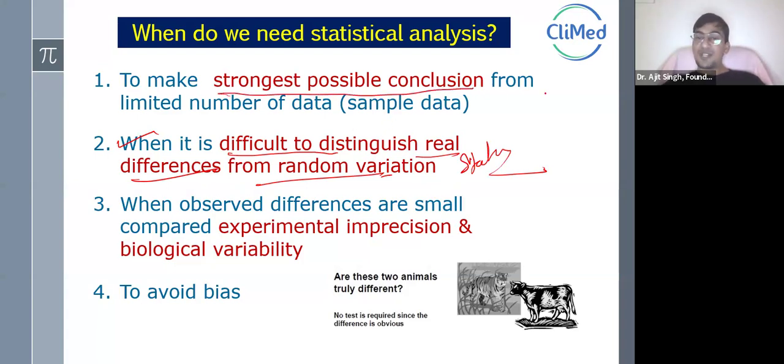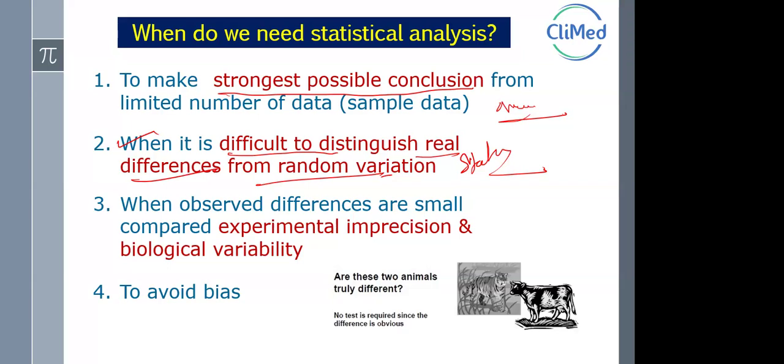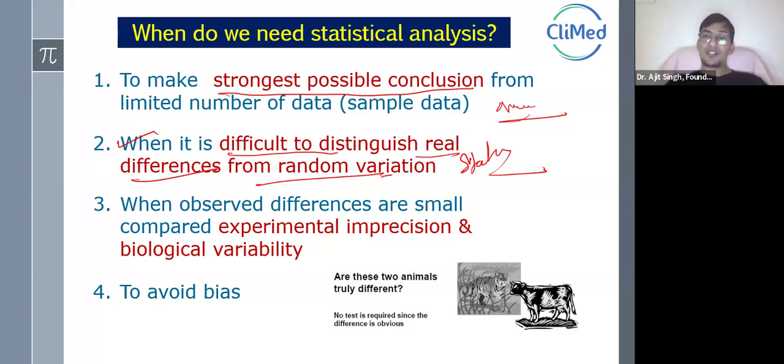See, by appearances, you said the weight of both the groups does not match. But when we did the analysis, the statistics, the average weight of this group is equal. So to make the strongest possible conclusions from a limited amount of data, we need statistical analysis. And when it is difficult to distinguish the real difference,